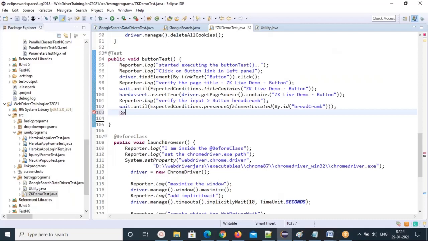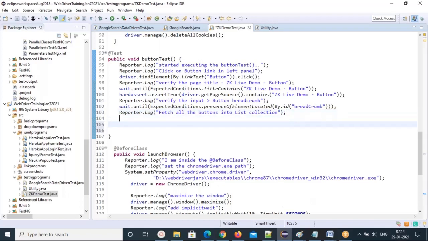So next step is Reporter.log: fetch all the buttons into list collection. So that you do that. Then you can just write List<WebElement>, all are web elements, okay?